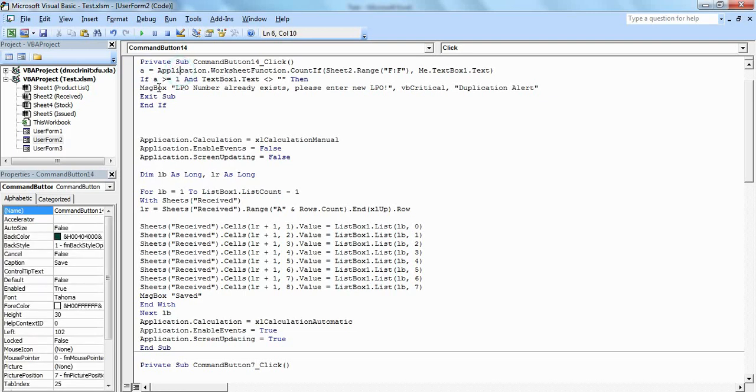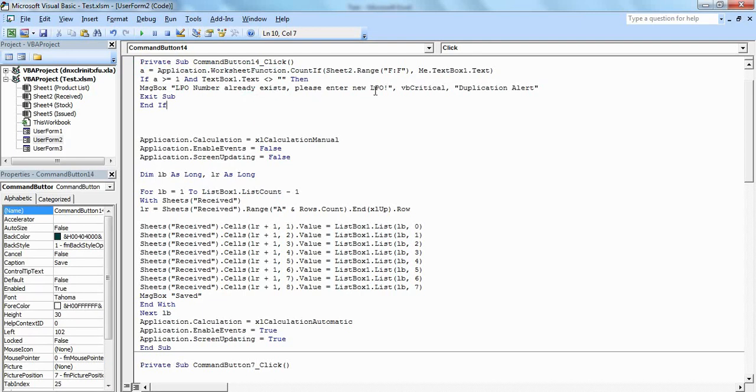We use If A is greater than or equal to 1 and TextBox1.Text is not equal to empty. Then it means that the LPO number already exists in the LPO column of our Excel sheet, so it will give you the message: LPO number already exists. Please enter a new LPO number.